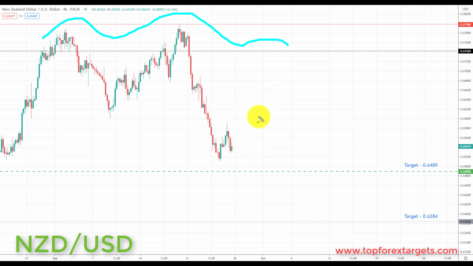What we would like to see therefore before we take out this target is any correction in this area back towards the 0.67420, which is going to be viewed as a great opportunity next week to start to look for bearish setups. And we're going to be looking at initiating shorts down towards the next key of support to the downside of the target set, the 0.6489, and if we can get a breakthrough here, we're going to be looking down towards the next key of support to the downside and target 2, the 0.6384.